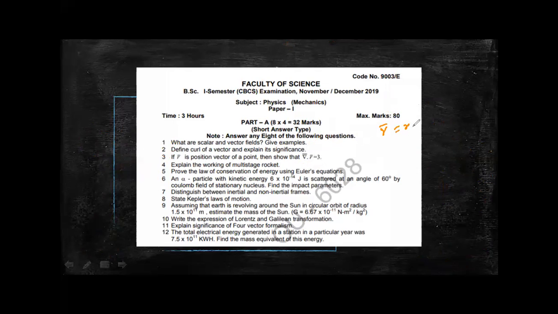R is xi plus yj plus zk. Divergence of R vector, we know that. What is this? The del operator we also know: i del by del x plus j del by del y plus k del by del z. When you do the dot product of this, simply del x by del x